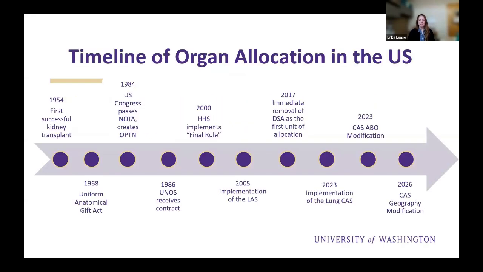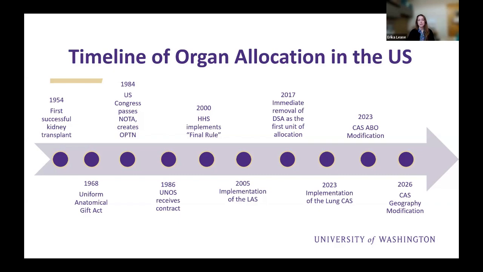I think it's helpful to give a timeline of organ allocation in the United States. It gives us a little bit of context as to how we've gotten to where we are today. In the earliest days of organ allocation and organ transplantation, it was really a local endeavor. Organ donation and transplantation involved the transplant team and some form of generally hospital-based organ procurement group, for lack of a better term. Sharing of organs between hospitals was really informal and completely voluntary, and there was no government involvement